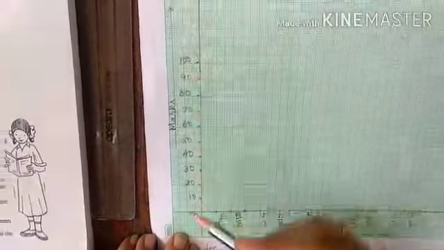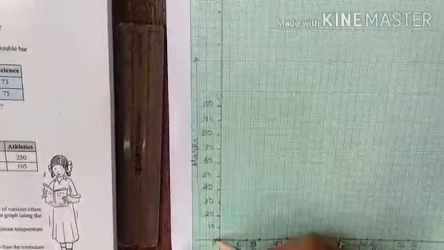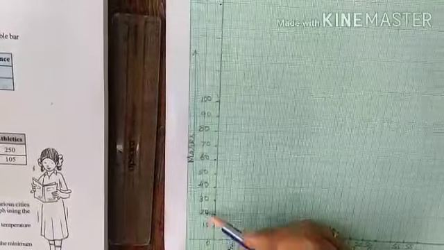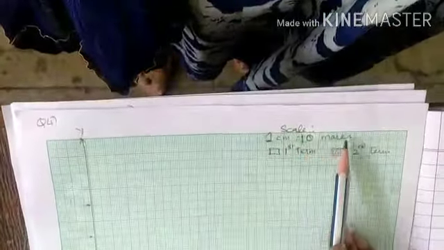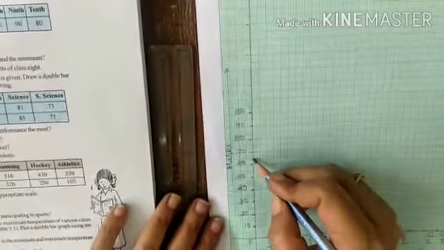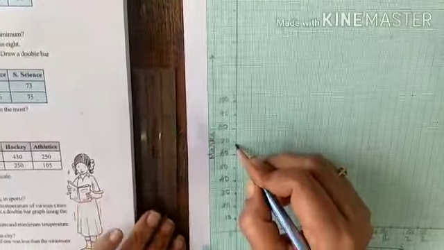And on the y-axis we will plot 10, 20, 30 on each box. Means the gap is 10 and this difference is also 10. So for one box we'll write 1 centimeter is equal to 10 marks. Now we'll plot English. The data for first term is 67. So 60, the middle value is 65, and 2 more boxes will give you 67.